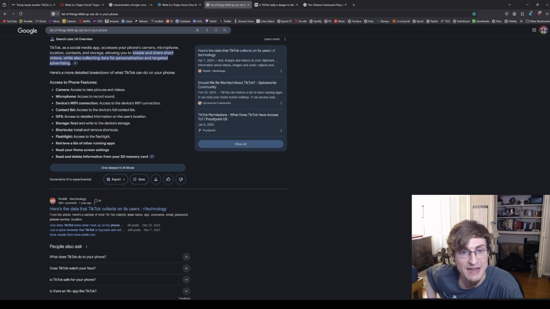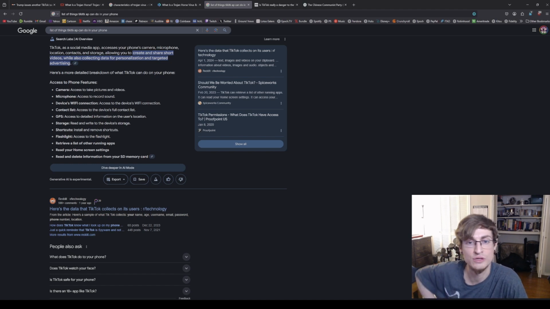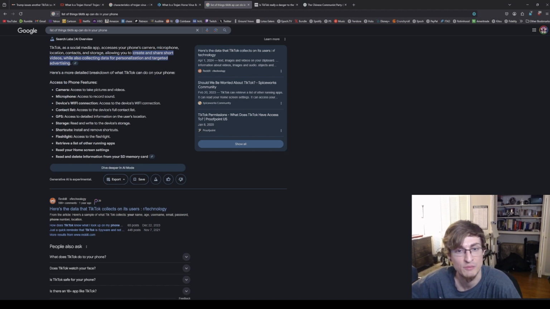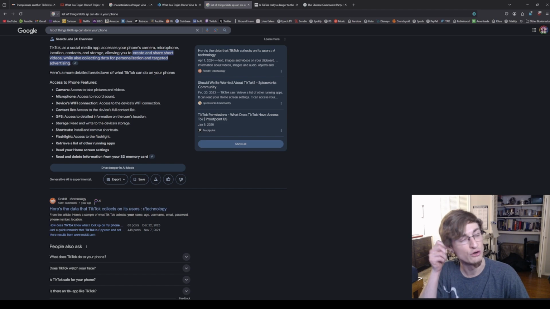Access to the device's Wi-Fi connection, access to your full contacts list, access to your GPS details and information about user location, your storage, the ability to read and write on the device's storage, shortcuts, install and remove shortcuts, your flashlight, retrieve a list of other running apps, read your home screen settings, and read and delete information from your SD card. Does that sound similar to a Trojan horse?